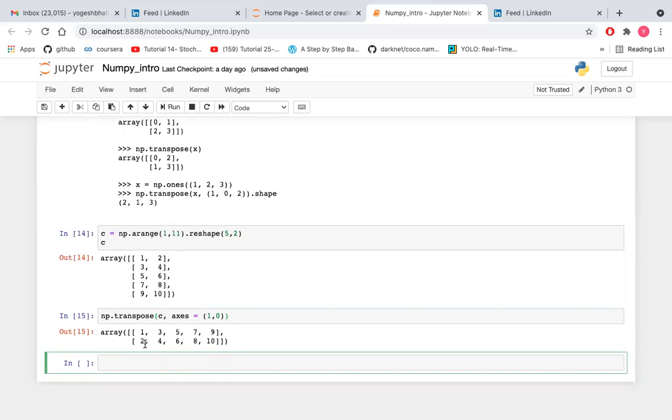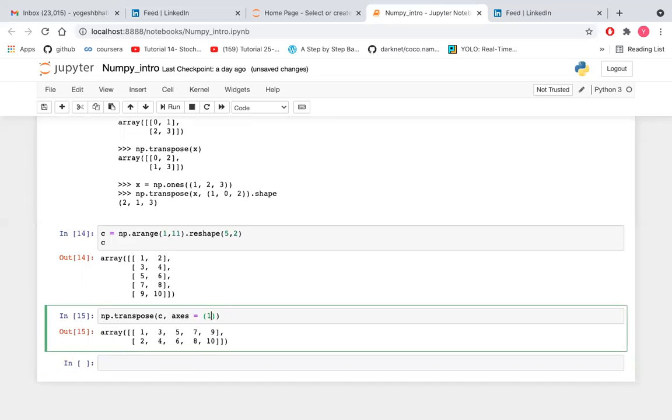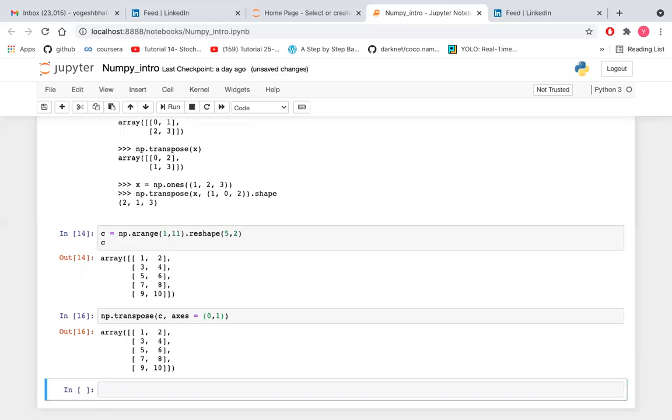Now it is changing from 2 rows and 5 columns. If I give the value 0 comma 1, then it won't change, because the default value of axes is 1 comma 0, and the permuted values for a two-dimensional array are 0 and 1. So we can give values 0 1 or 1 0.